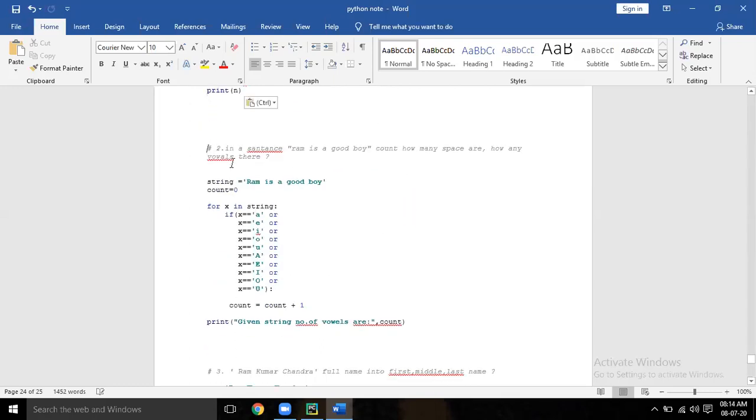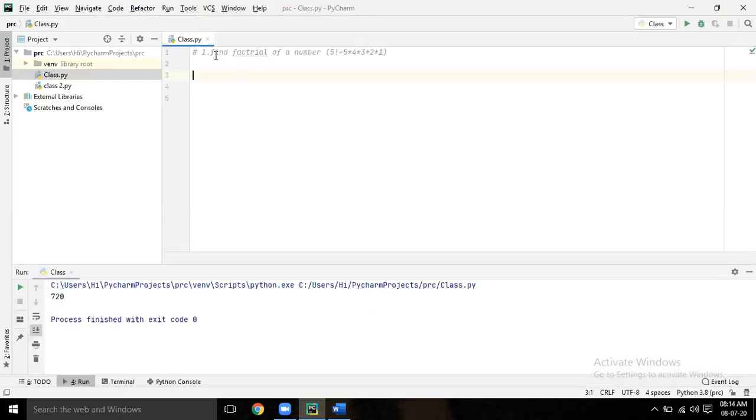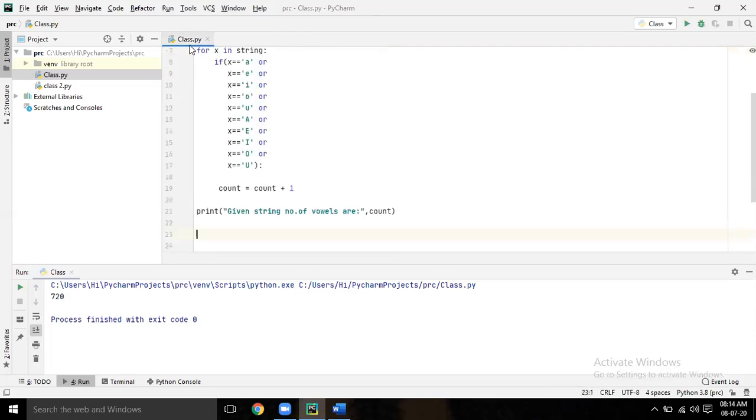You can see the difference between using a for loop and using a while loop, how it happens. For the increment, there is no need to write one more line. That will be handled by the for loop itself.